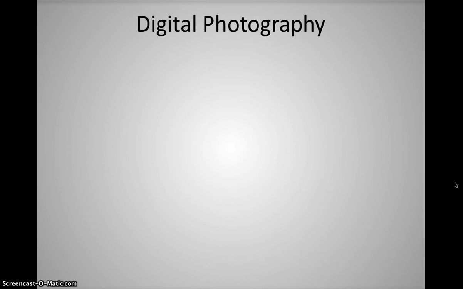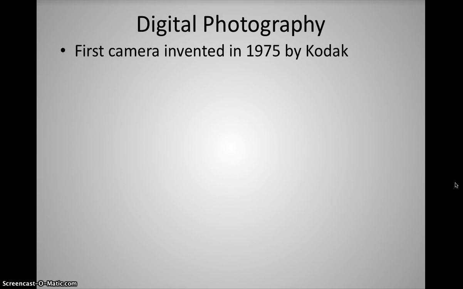So then we step forward into digital photography. And it's kind of hard to believe that the first digital camera was 1975 by Kodak. And it's also amazing that Kodak now has gone bankrupt, but they were the pioneers of digital photography. But of course, Kodak was trying to do so many different things with digital cameras and printers and still trying to produce film and all these other things. And that's probably one of the main reasons why they went bankrupt, but it's still amazing that they were the pioneers of it and weren't able to make it in today's